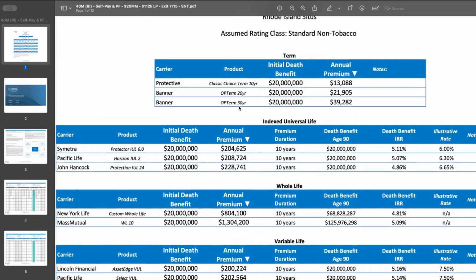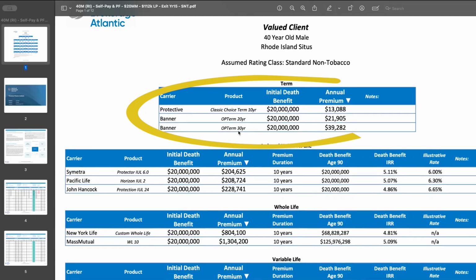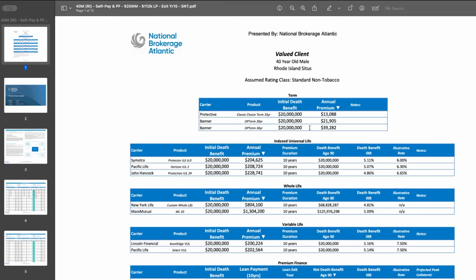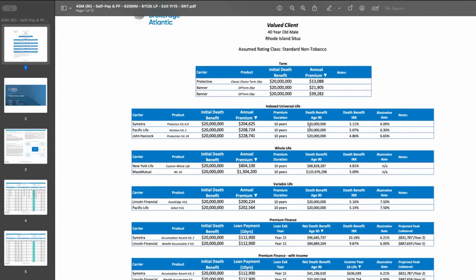If we did a term policy, which I'm sure you guys have heard of before, a 10-year, 20-year, or 30-year term policy that was convertible to a permanent policy, the annual premiums would be $13,000 a year for 10 years, $22,000 a year for 20 years, or nearly $40,000 a year for 30 years, for a $20 million term policy. Less than 2% of all term insurance policies ever written have paid a death claim. So they're typically not seen as the most astute financial